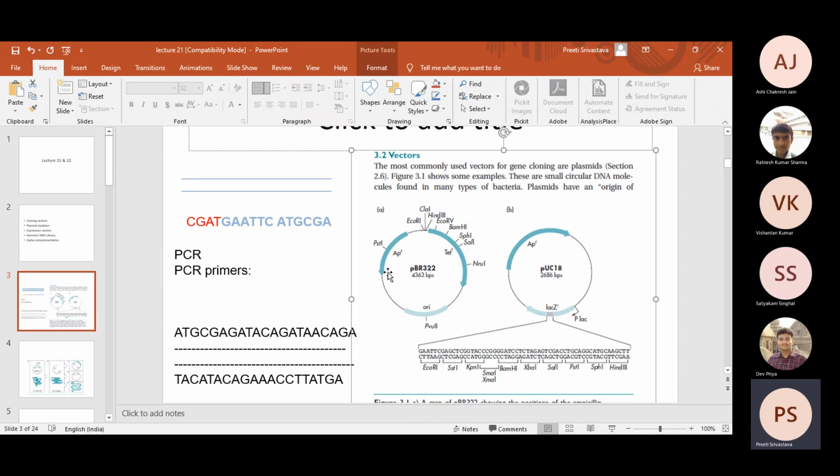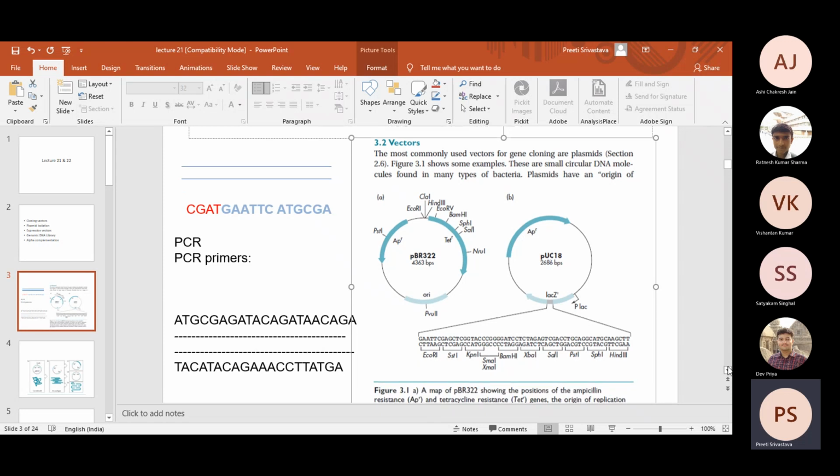So in case of ampicillin, you can select a site, for example, PstI and EcoRI, for the simple reason that EcoRI is much away from the tetracycline resistance gene. If you want to select the colonies on ampicillin plates, then you can select any enzyme. You can select EcoRV and SalI, you can select EcoRV and NruI, any of these sites would work. Likewise, in case of pUC19, how can we do directional cloning?